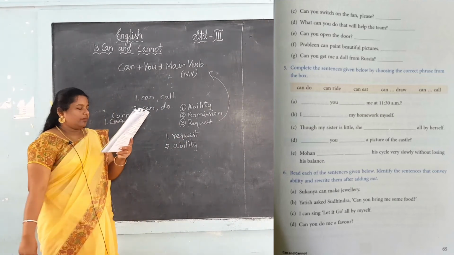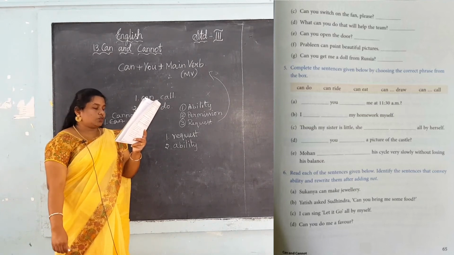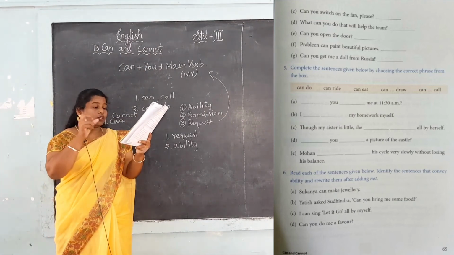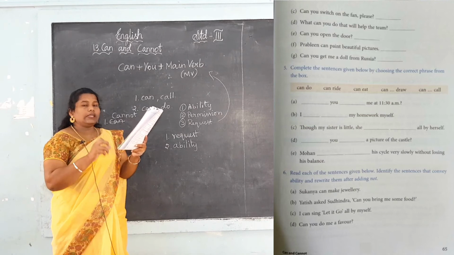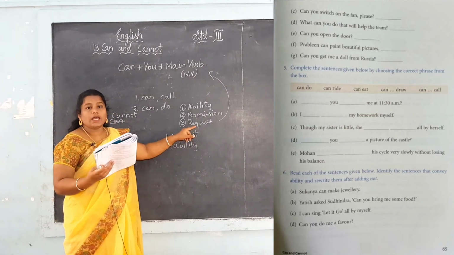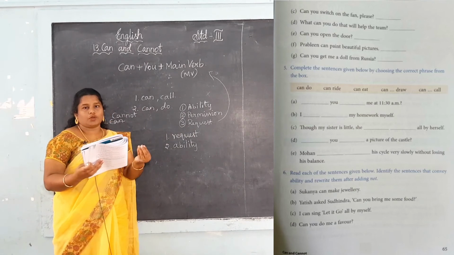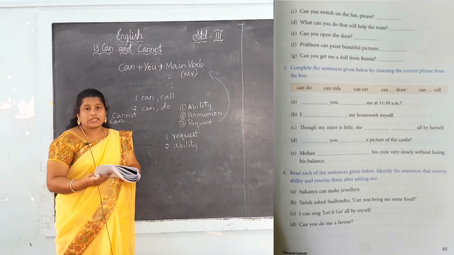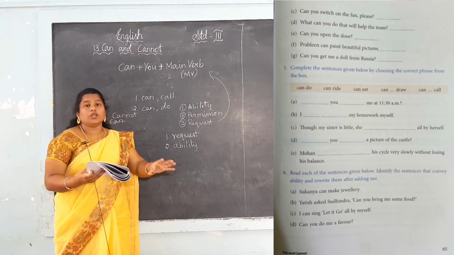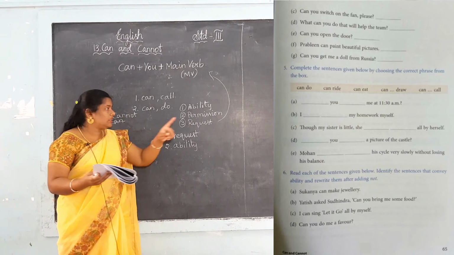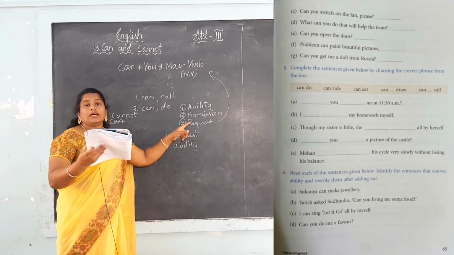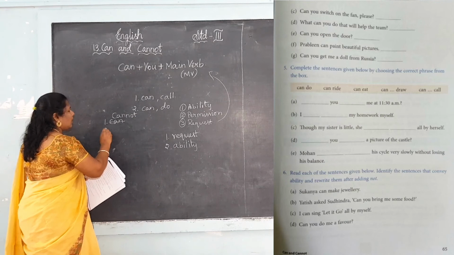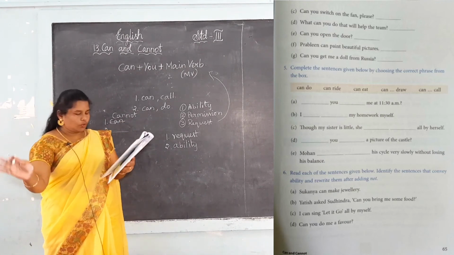Okay, next one, Yatis asked Sudhindra, can you bring me some food? It is a request. Asking to bring me some food, can you? So what is the heading here? What is the exercise here? If it is an ability, only then you want to change into negative. This is not ability, it is a request. So you don't do anything in this sentence. You should not do or change anything in the sentence, keep it as it is. Okay, so don't do anything.